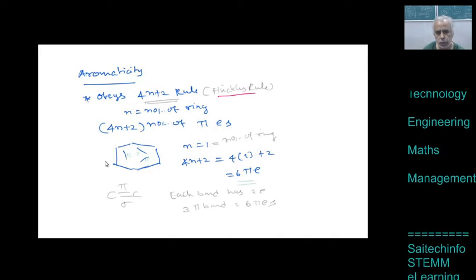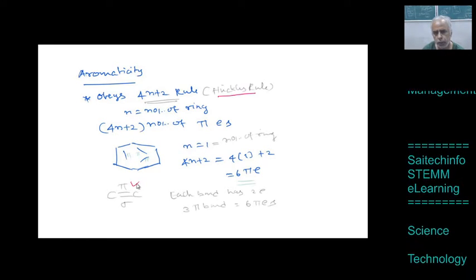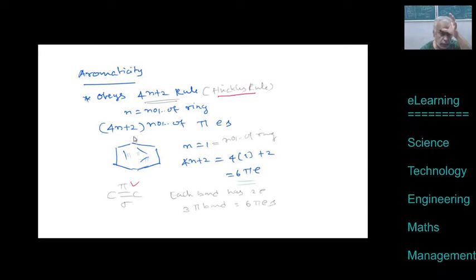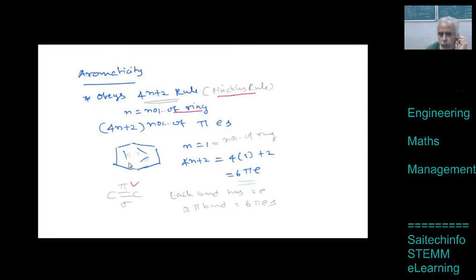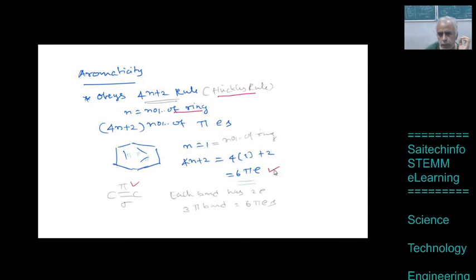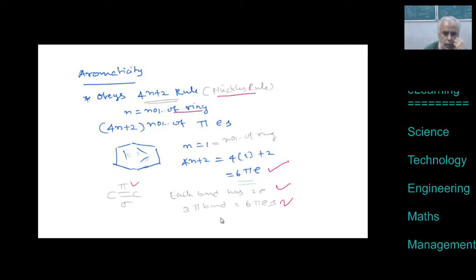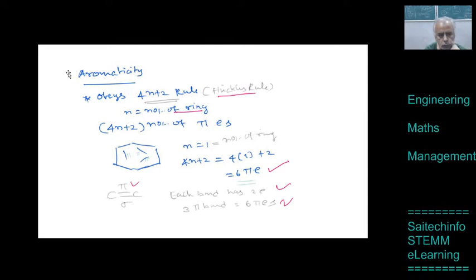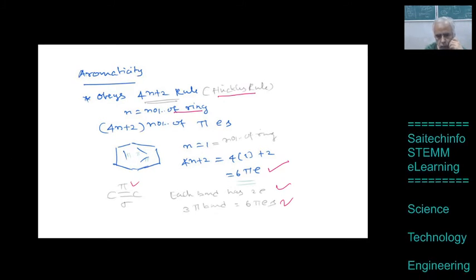Let us consider benzene, and you know in each double bond you have one sigma bond and one pi bond. So you have got 3 double bonds. It means 3 pi bonds. Here n represents the number of rings. We have got only one ring, so 4 into 1, 4 plus 2, that is 6. So we should have 6 pi electrons. So we have got 6 pi electrons, so it can be called aromatic, or 3 double bonds. Do you understand? When I say 6 pi electrons, each pi bond has 2 electrons, is it not? So 3 into 2, 6.